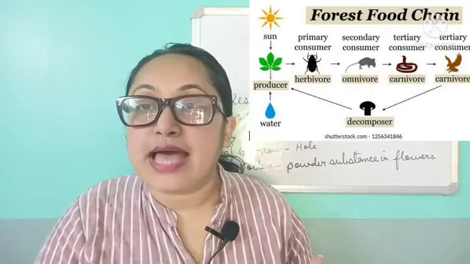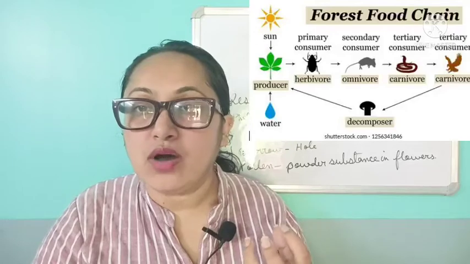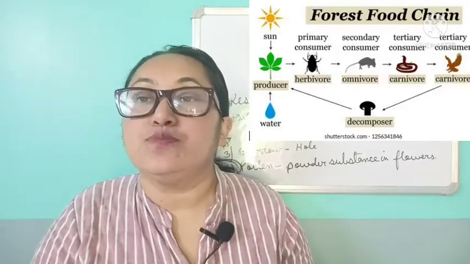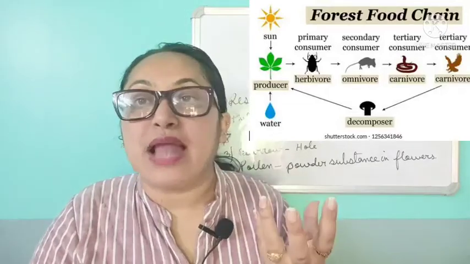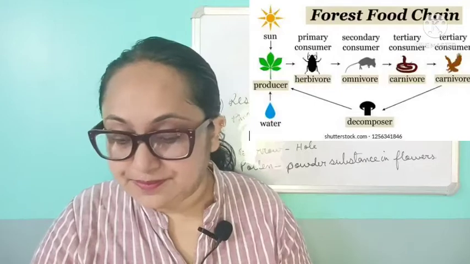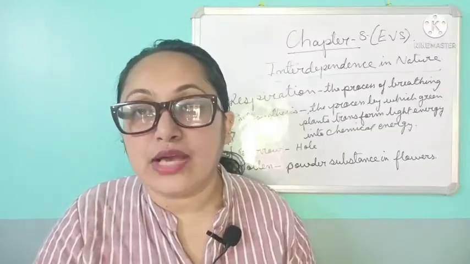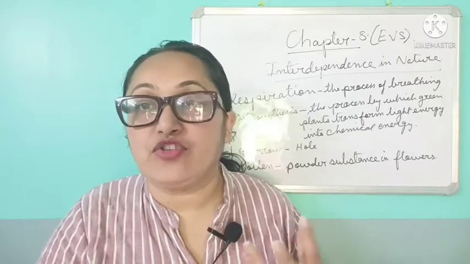Now, all plants and animals have to die one day, and after their death, by whom are they eaten? They are decomposed by fungi and bacteria, and as a result, it mixes in the soil, and that is where again the plants will grow, isn't it? And that is why these fungi and bacteria are known as the decomposers, which can rot the